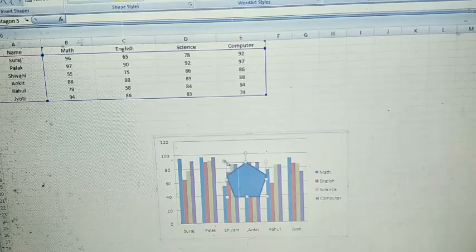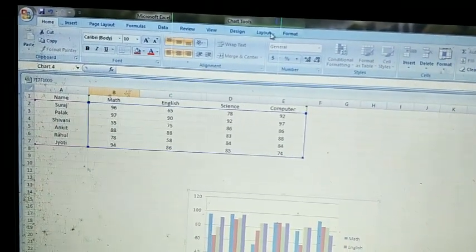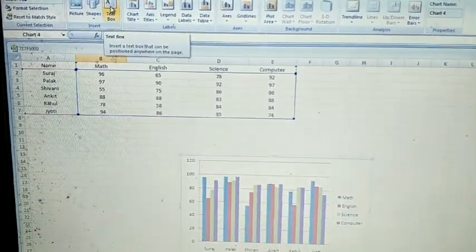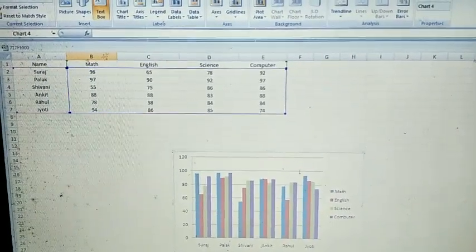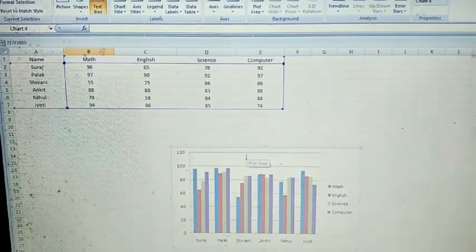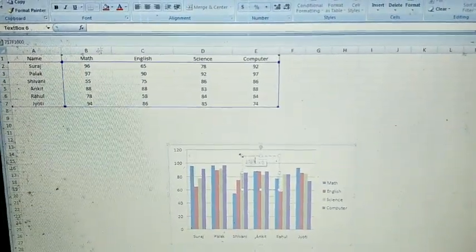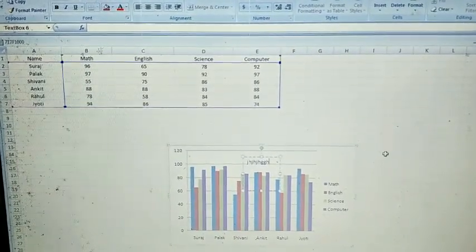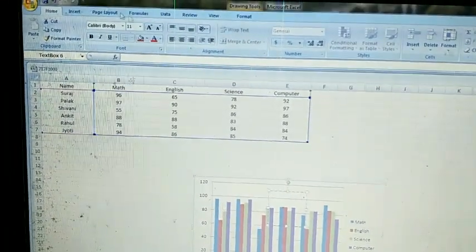Okay, next one, text box. Click on this button, after that click in your chart, and you can enter and insert any text. Okay, that is the use of text box.